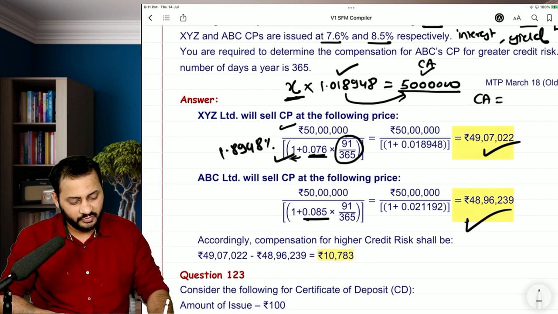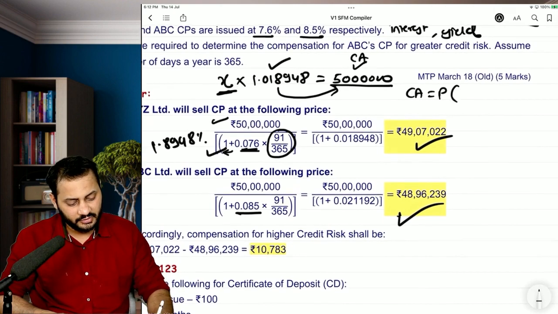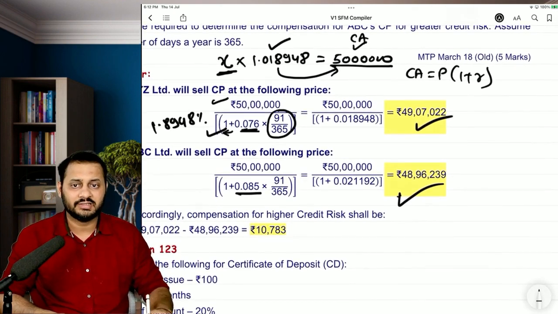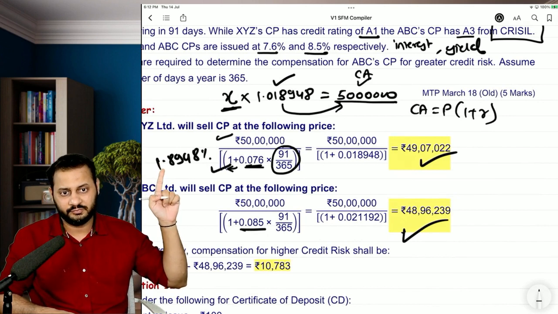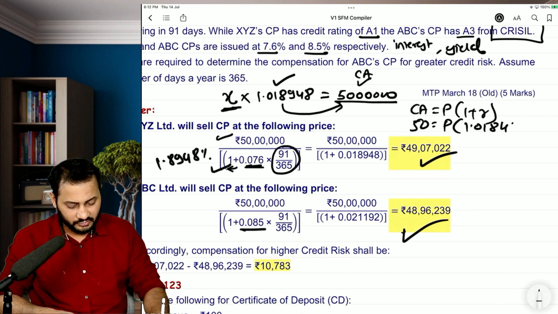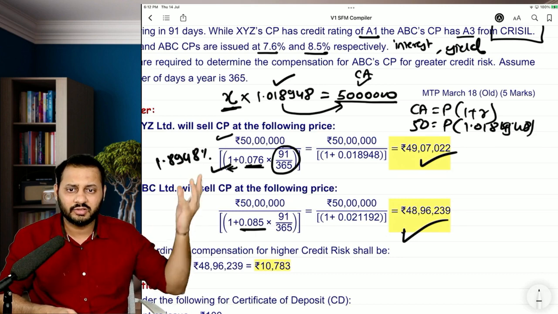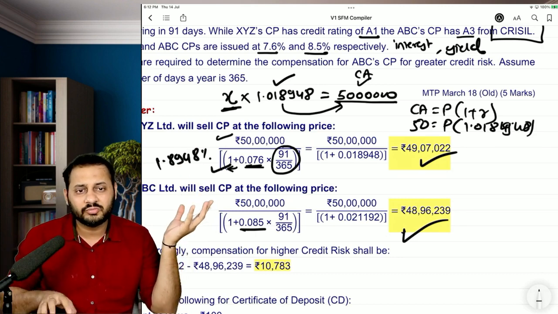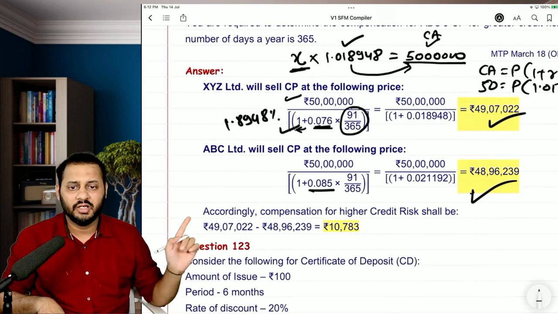Compound amount is equal to principal times (1 plus R). R is that 1.8948. Use that. 50 lakhs is equal to principal times 1.018948. In the similar way, you will have to calculate. This is all key. These formulas all came from the compound amount formula itself. Accordingly, compensation for higher credit risk shall be